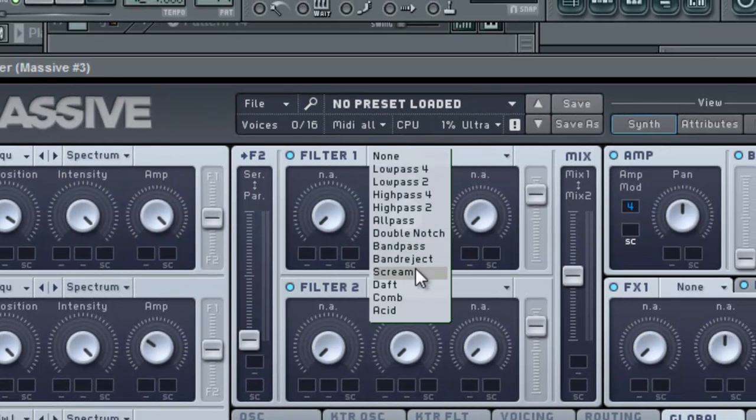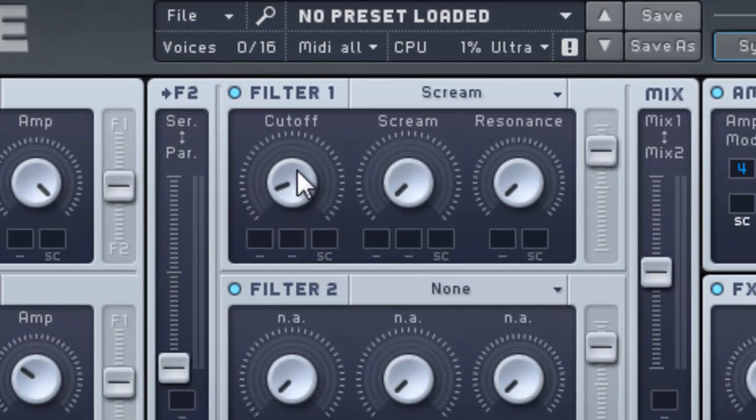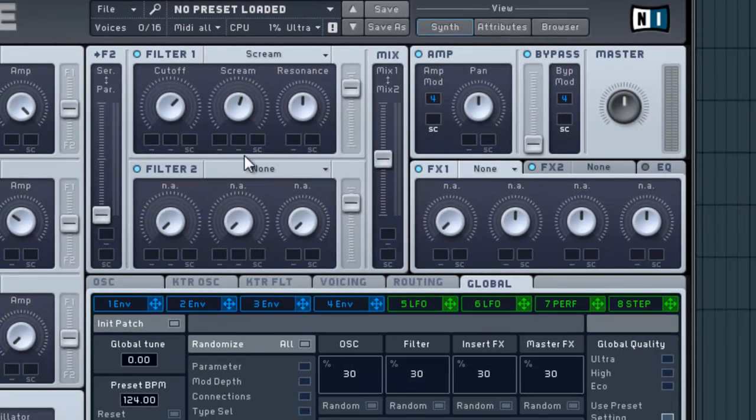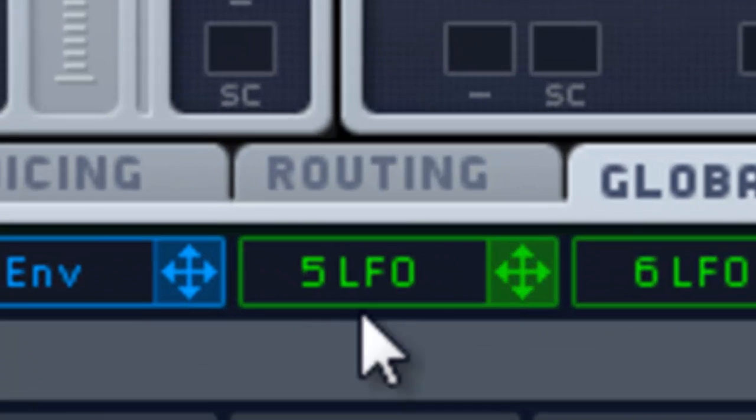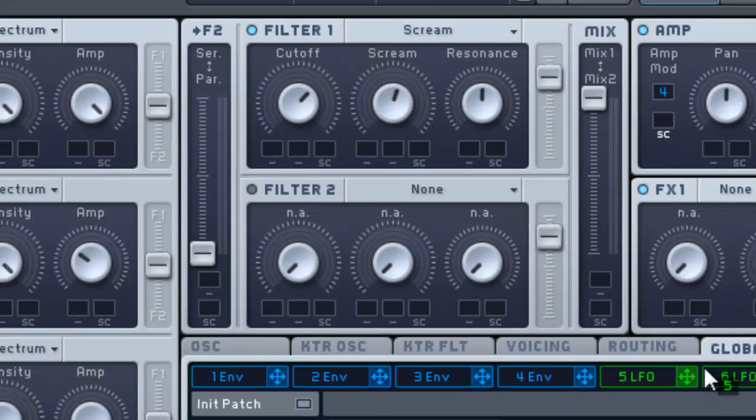We get a screamer filter, go up, and then we go all the way to about here with the cutoff, and we go to here with the scream, and about here with the resonance. And you want to, after that, pull this up to the top, make sure that's down, and you don't need filter 2 really. Then we go over to this bit here where it says LFO 5, and you want to